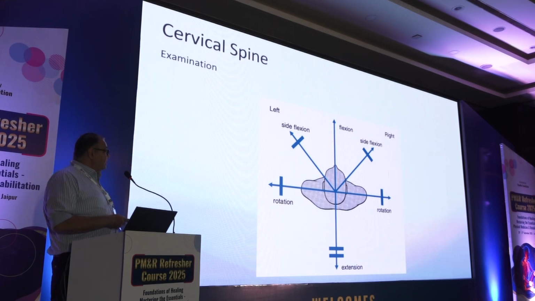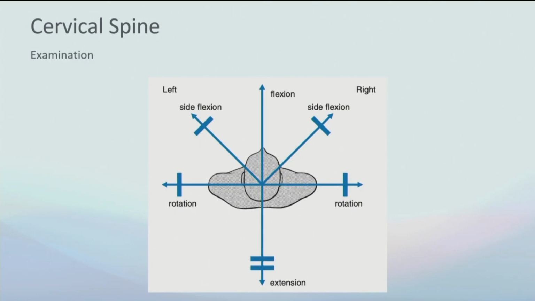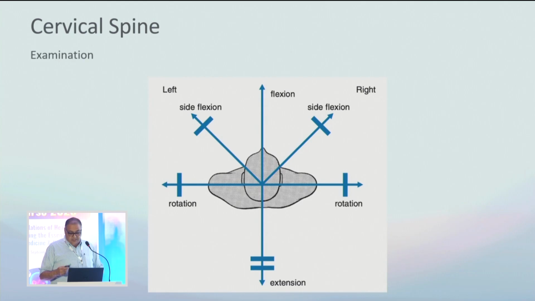Then we check the ROM, the active and the passive ROM. Both the ROMs we have to check. Many times, I think every day, I see 2-3 patients who actually had a frozen shoulder but instead had an MRI of the neck done because they never bothered to lift the arm. If you have a frozen shoulder, you will have a stiff